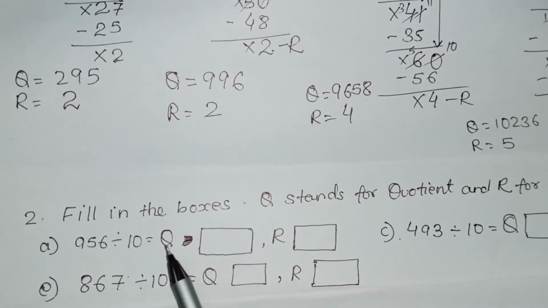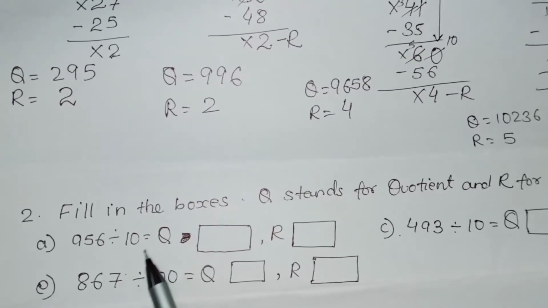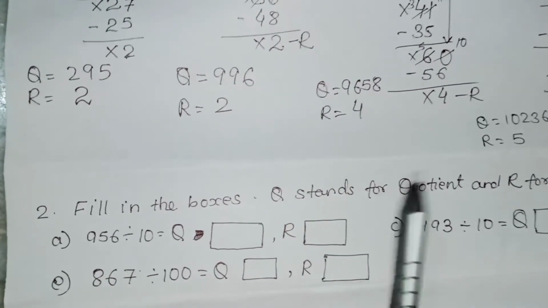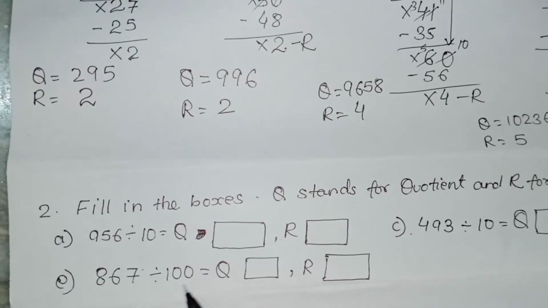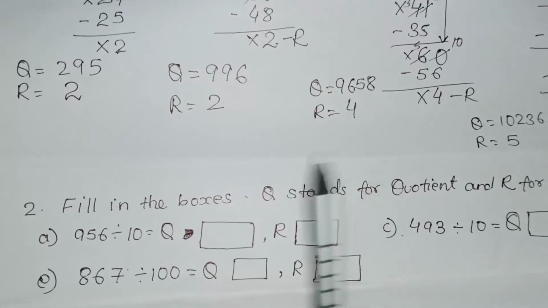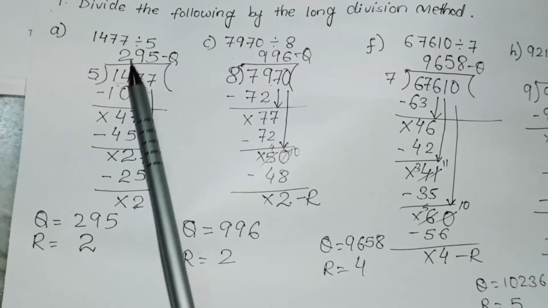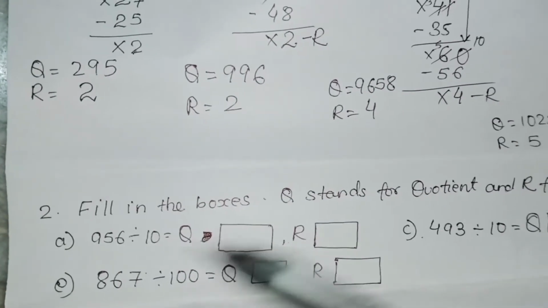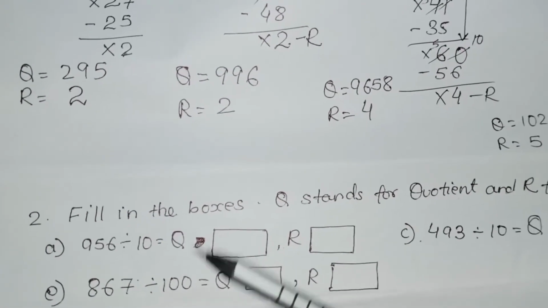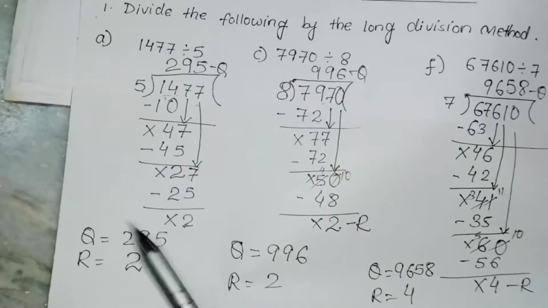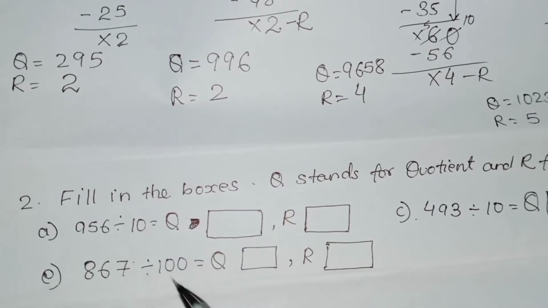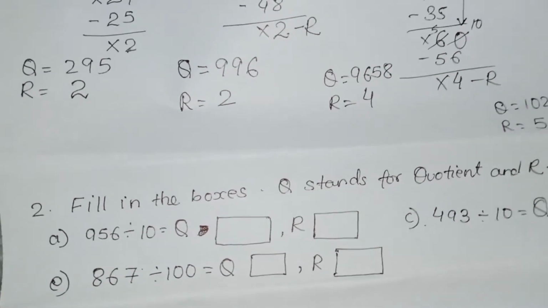It will be very easy for you, and you will use this shortcut only when the number is divided by 10, 100, 1000, 10,000, 1 lakh, whatever it is, a number containing the 0. You will use it when the divisor is 10, 100 and so on. Don't apply this shortcut method to other types. I have already taught you this short technique in exercise 4.2 also, so here again I'm going to teach you.